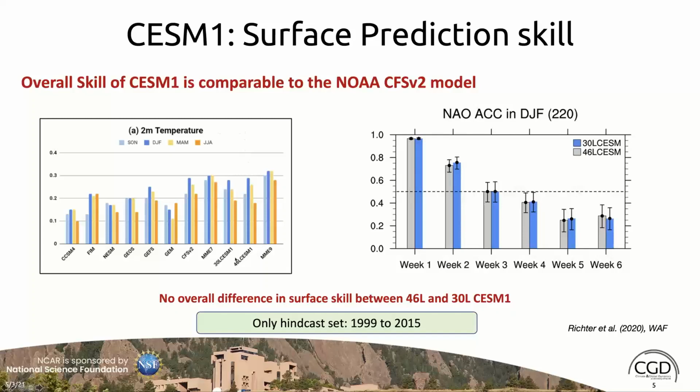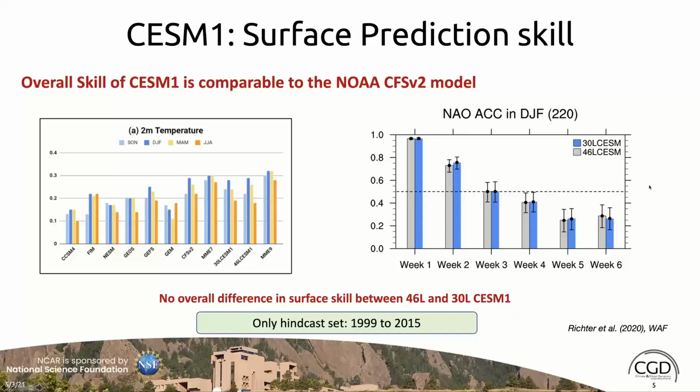And in addition, if you add the two CSM models to the other SubX models to create a multi-model mean that consists of 9 members, this last column here, then the multi-model ensemble is even more skillful than the ensemble with 7 members or any one of the individual models.